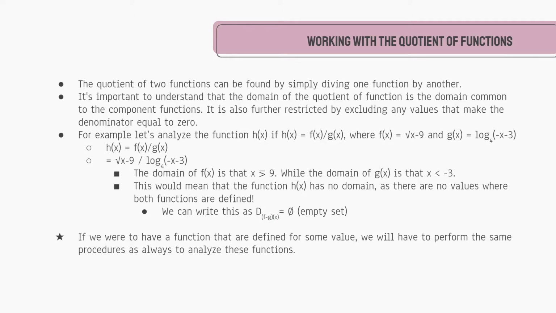So now when we want to graph h of x, we know it has to have the common domain between these values. So we have x is greater or equal to 9 and x is less than negative 3. As you can see, these functions do not overlap anywhere, right? And so now we just figured out that h of x actually has no domain. If it has no domain, it is not a function. It is not something that we can graph. It is not something we can work with because it simply does not exist. So if you're facing something like that,